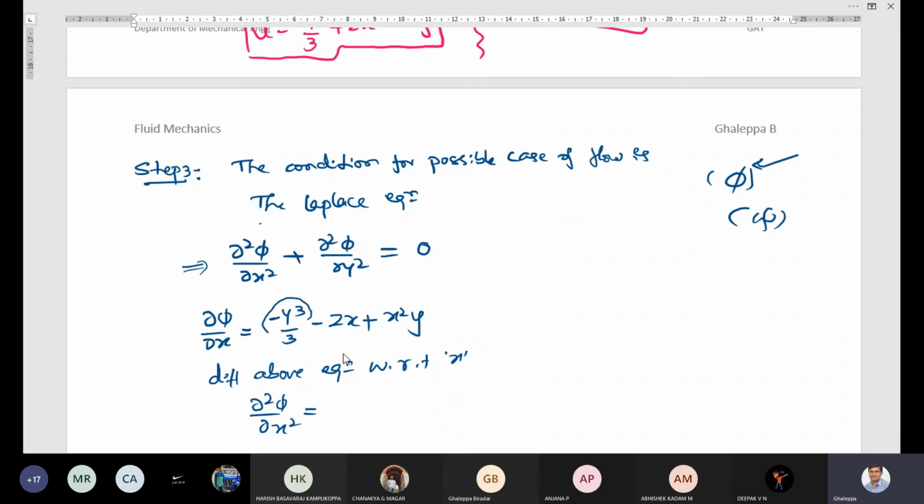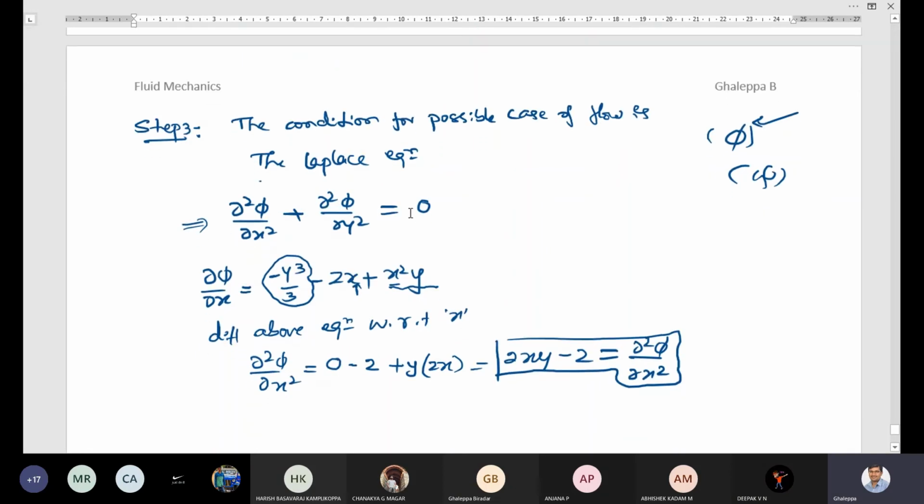So this term completely is constant because we are differentiating with respect to x. So entirely it is a constant because y is there, and 1 by 3 is also constant. So 0 minus 2, because differentiation of x is 1, plus differentiation of these two, y treated as a constant, you take outside. What is the differentiation of x square? 2x. So the final equation is 2xy minus 2 as the value of ∂²φ/∂x². Right? Yes.